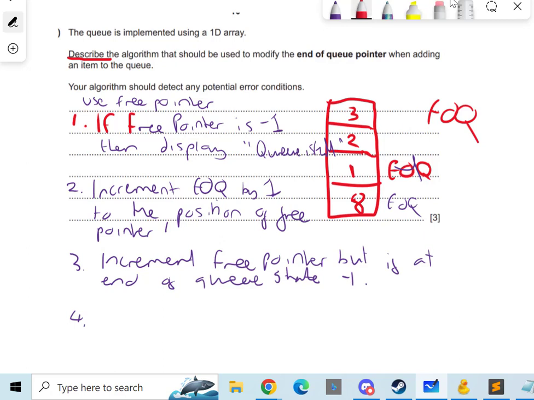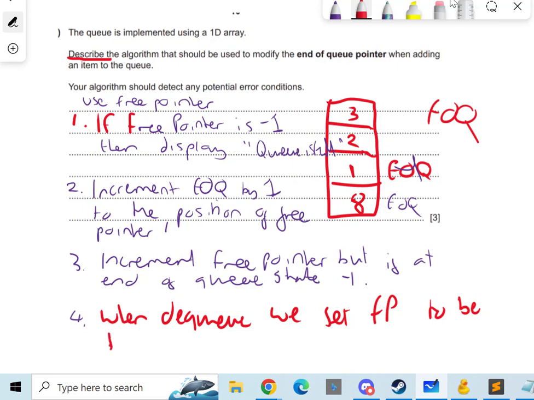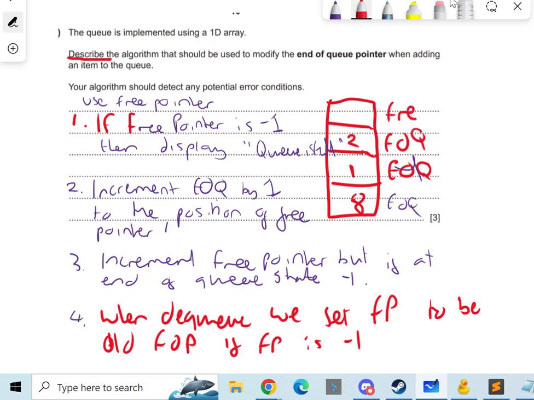So what we're going to do is, when we dequeue, we set 3-pointer to be old FOQ. If 3-pointer is -1, so we're going to get rid of this. First of queue here, and now 3-pointer becomes here. So